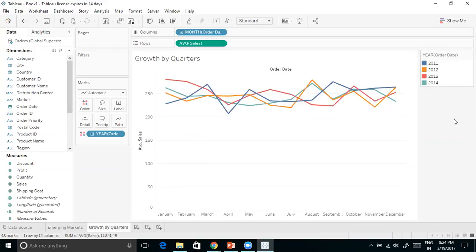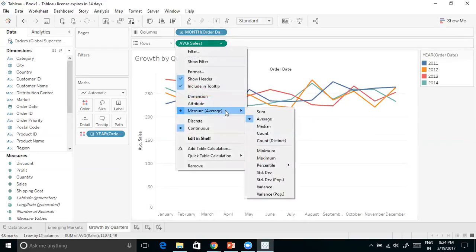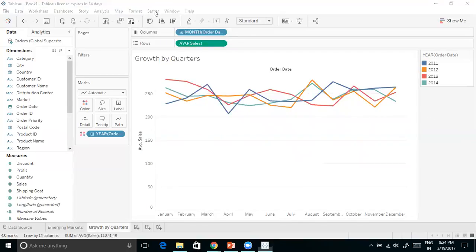Now, if you want to go back, if you want to undo the step that we just did, you can do a couple of things. You could always go to the drop-down pill, and again, you could select sum as the aggregation. That would be one way of doing it. But Tableau also allows you